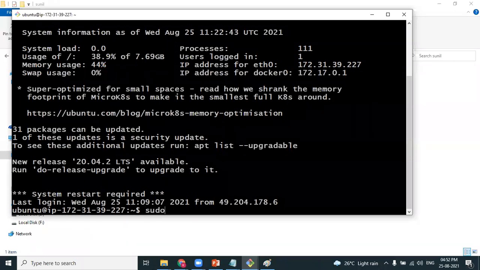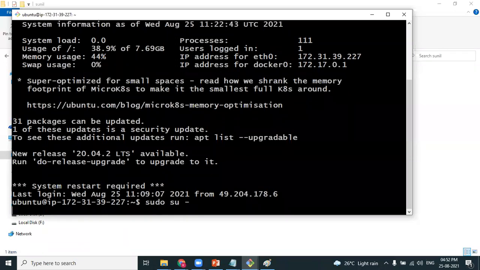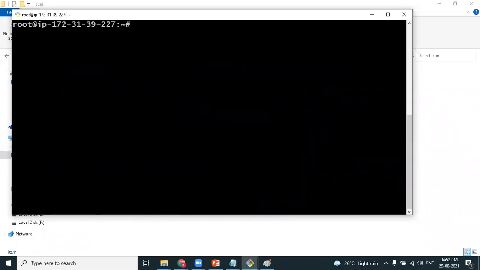I already connected. I go to my root user. Now, how to see the list of containers? docker container ls.